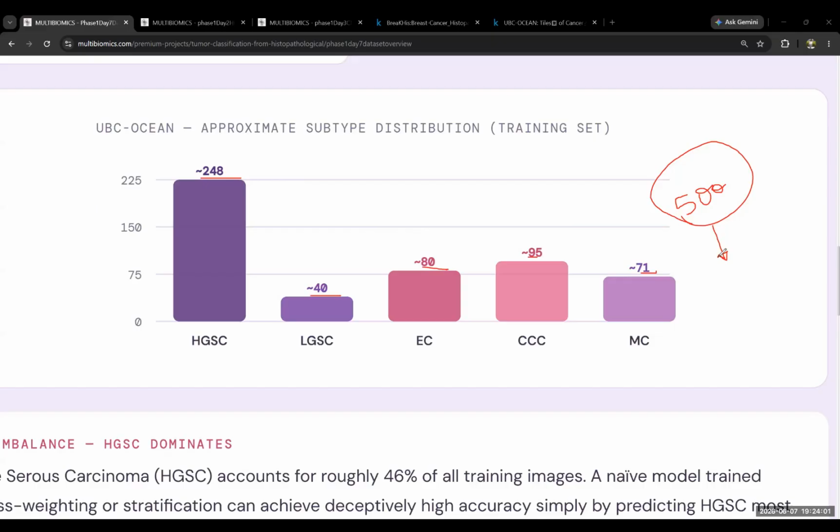Till now, it is clear. Yes, ma'am. So what we are doing is we are making 10 batches. So if we make 10 batches, each batch will have only 50 images. And at one single point of time, at one single step, the CNN model will be trained on only 50 images at a time. You think it is okay, it is good. Equal stratification, as in equal distribution of the images, has been done.